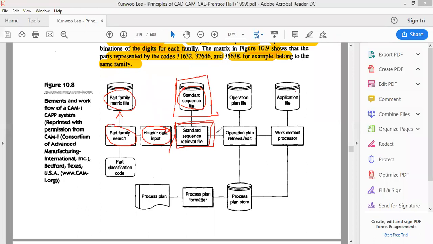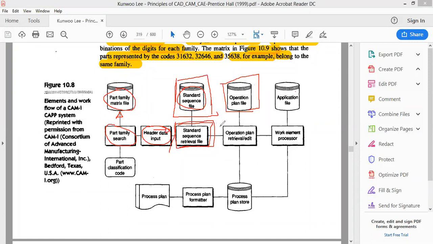Okay. Then once the sequence is automatically prepared and reviewed, the next thing it is going to do is the operation plan file. So for a nut and bolt, what are all the details that have to be mentioned on the drawing sheet before the sheet is received by the machinist at the machine? So here, what is the material, what is the raw material shape, what should be the surface finish, and all other technical details. All these things should be given properly as a document, in a standard process sheet.